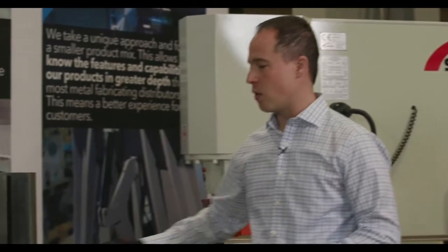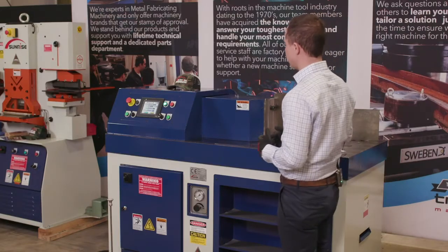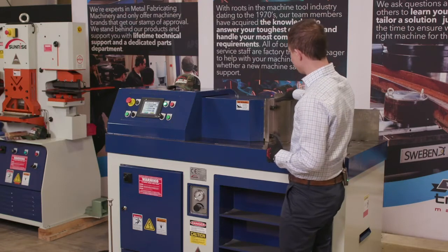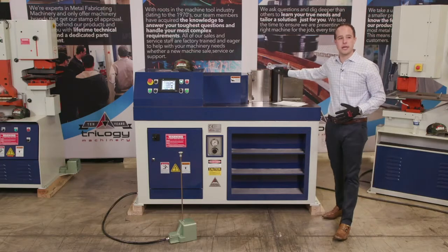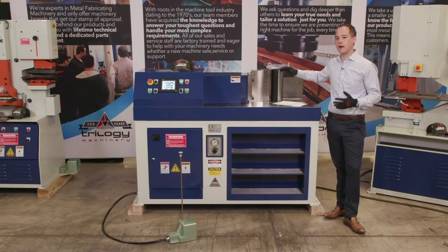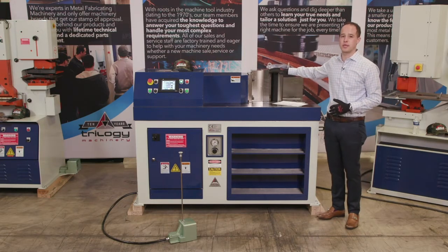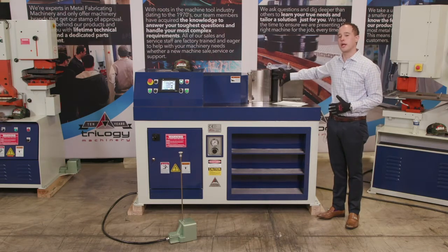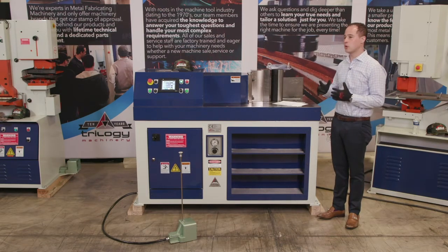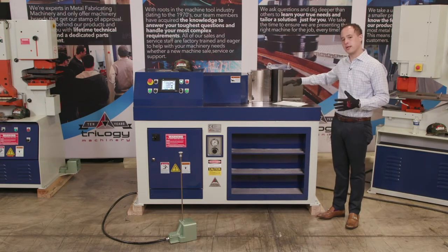So today we're going to go over the horizontal benders. What is a horizontal bender? A horizontal bender is a machine that has all of the tonnage in a very small area. So much like a standard and conventional press brake would have tonnage spread over 8 or 10 feet, the horizontal benders have tonnage spread over a much shorter distance. That means that you're getting a lot of tonnage just within a small area. So any custom tooling, any different options that you want can fit in a small footprint,